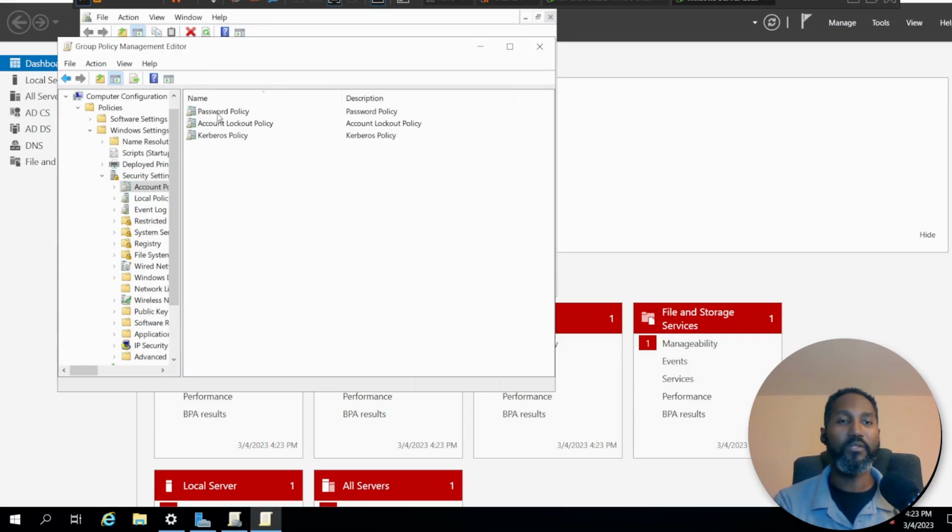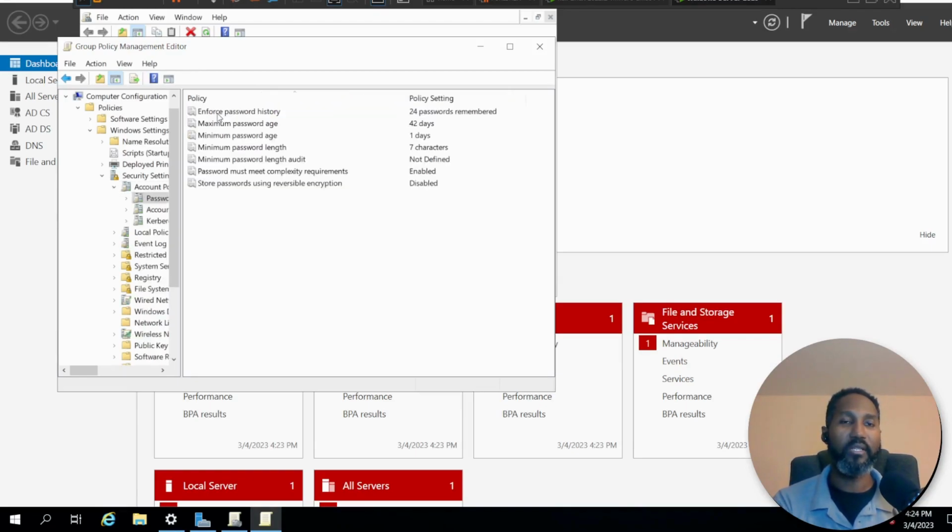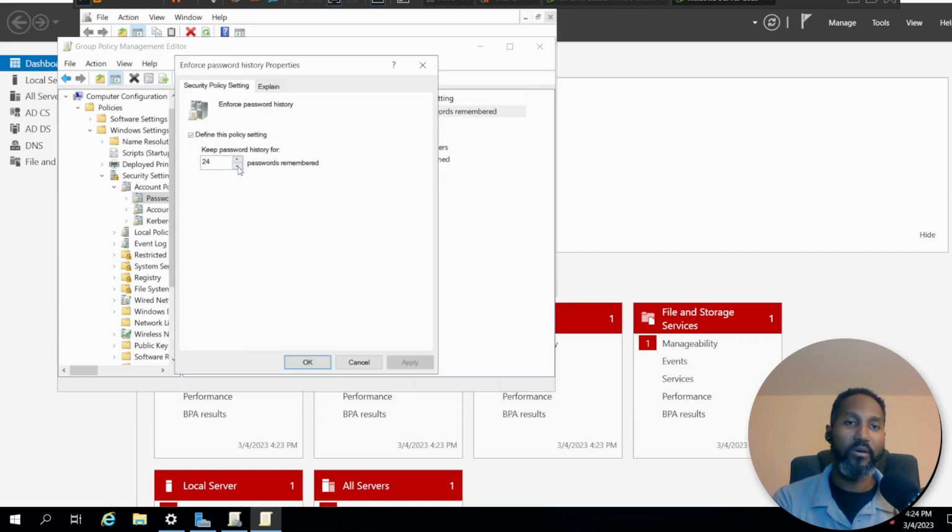So the first one, password policy, you just click on that one. And as you can see, all of the settings are here. So whenever you are asking an administrator to show their password policy, these are the paths that they usually take to get there. All right, so to make the changes, you just right click on it and hit properties. And you can go up or down,